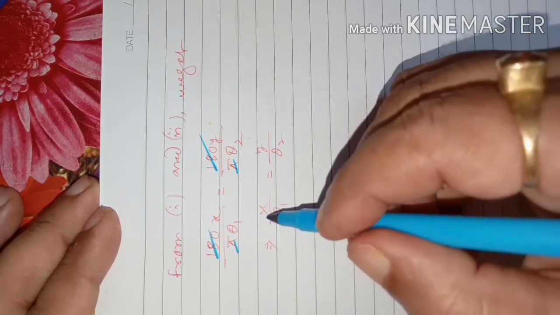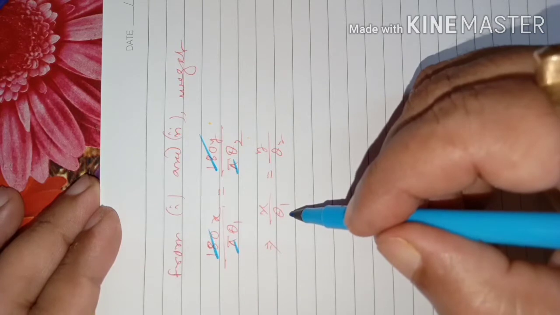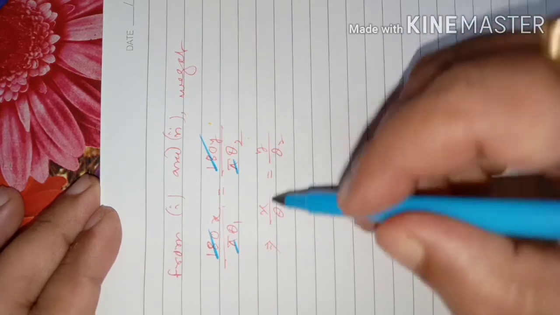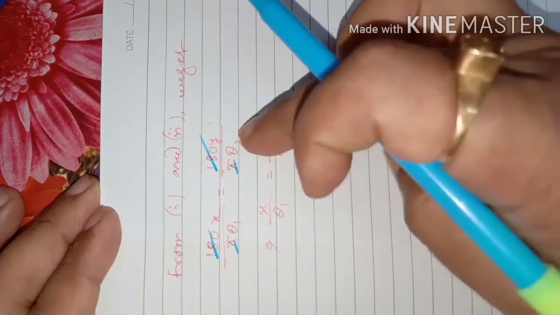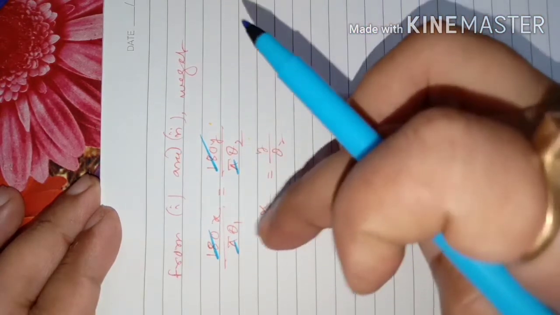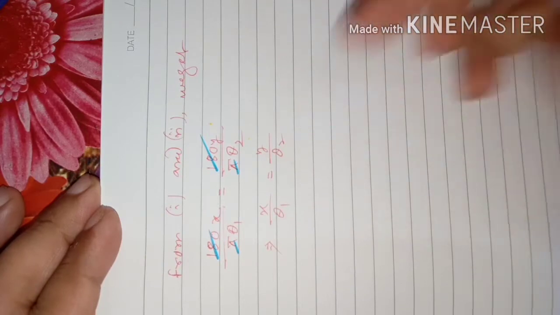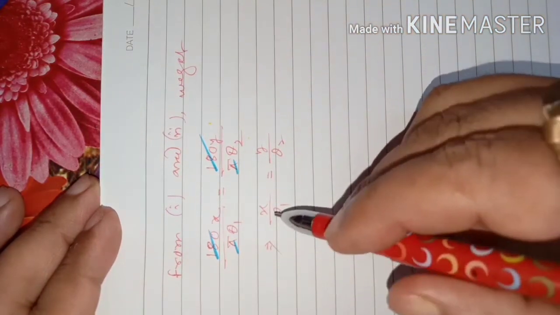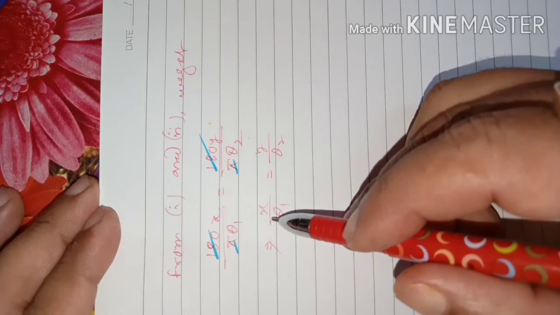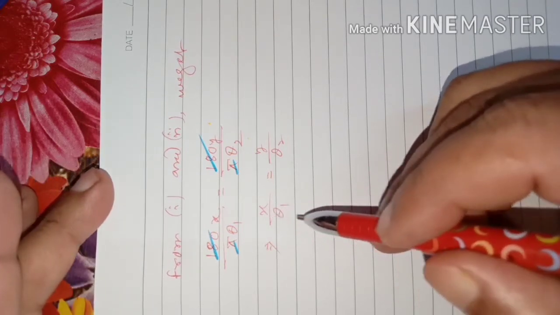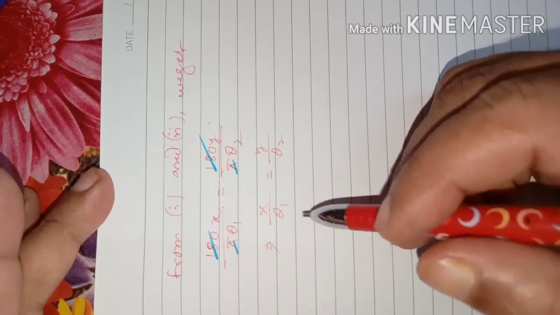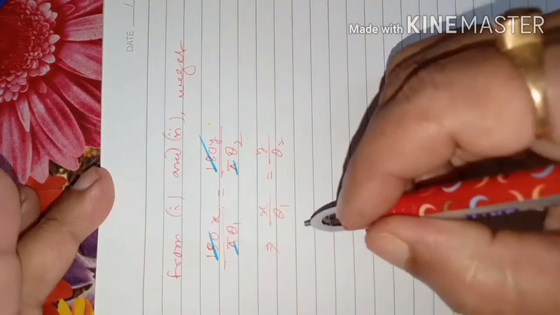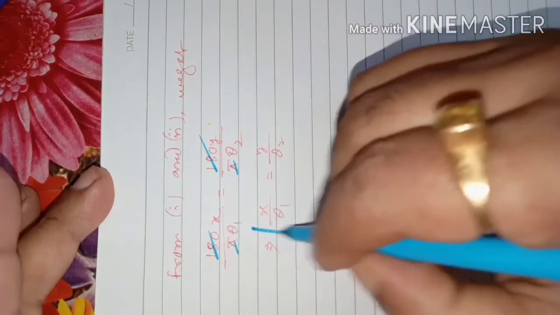Here, the length of an arc to the angle subtended by the arc is proportional, because you see, the length of the arc is y and the angle is theta 2. Both these ratios are equal, or not? Then we can say these four numbers are in proportion. So the length of an arc of a circle is proportional to the angle subtended by the arc of the circle at the center. So that is the thing that we wanted to establish here.